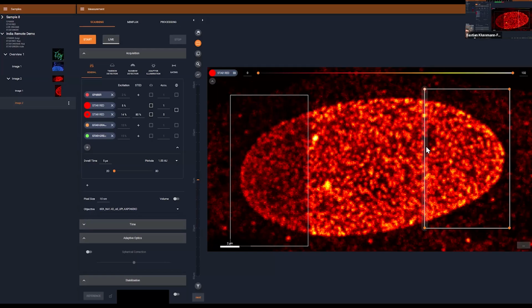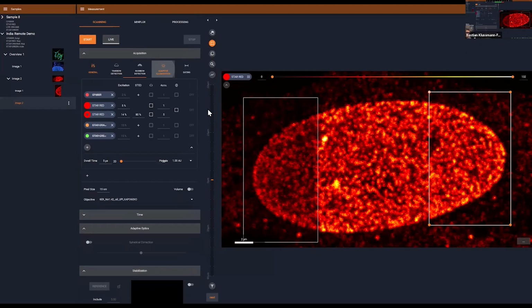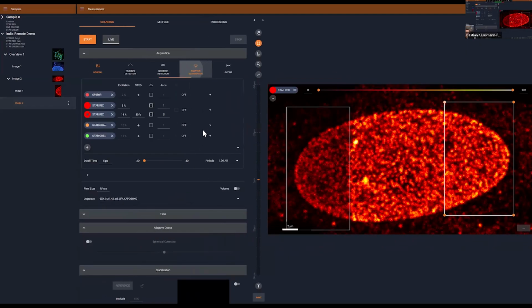Or on the other hand, if we want to acquire 3D volumes, so we don't want to pre-bleach the structures that are out of the focal plane, so we can also use it if we want to acquire nerve cells and brain sections, for example. So now I can go here to our adaptive illumination schemes, can define here diamond one step, where we